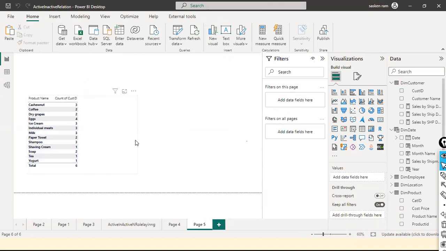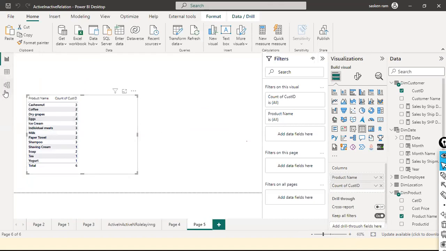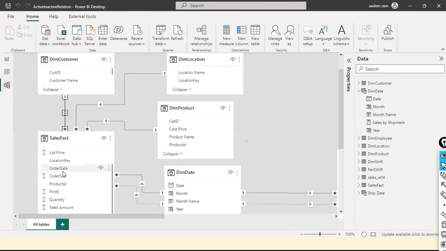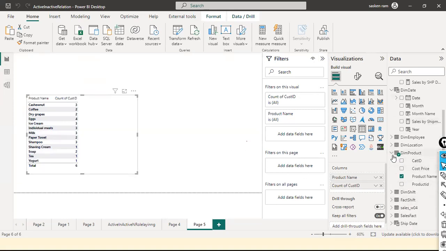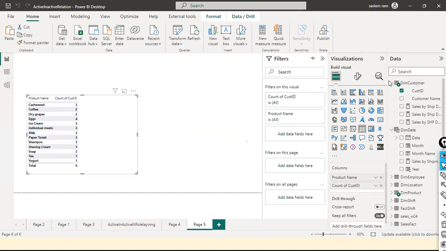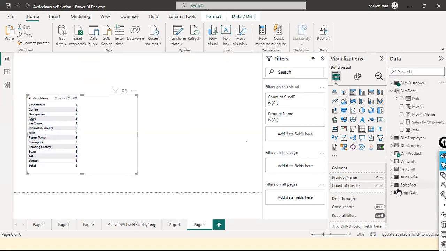So, okay, usually people ask this question. In the sales fact table itself, I have the product entity and customer ID, and product ID is also there. Why should I use the customer ID column from the customer dimension? Can't I use this one from here? Okay, if you use the sales fact table's customer ID column, what will happen is